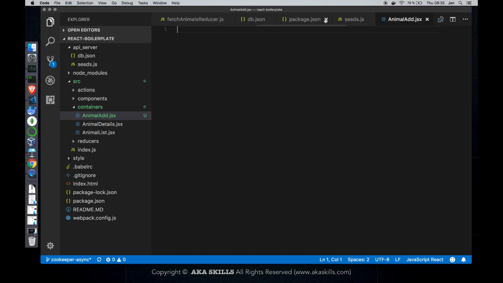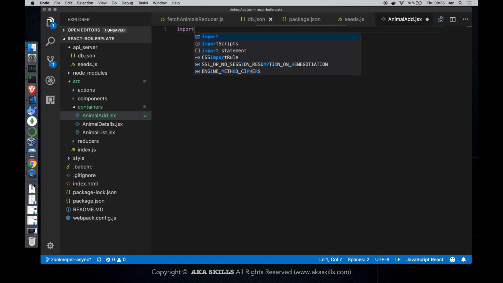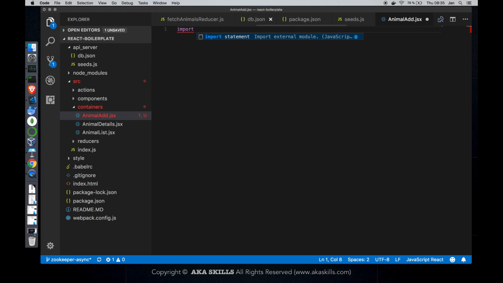Yeah, so here we are again. I just created the container, the animal@jsx file, and let's boilerplate our component. What I will do first now, I will first import React and component